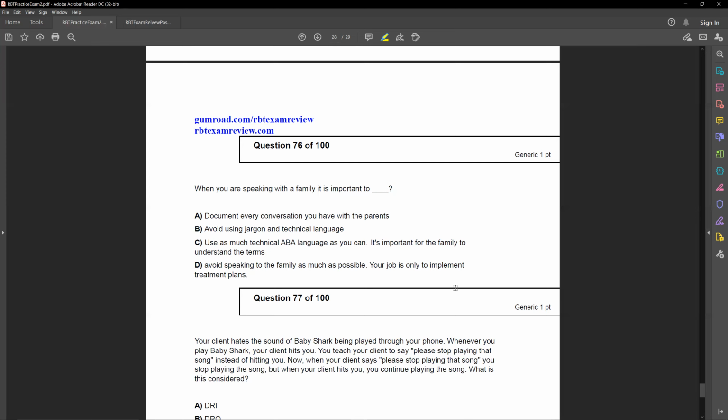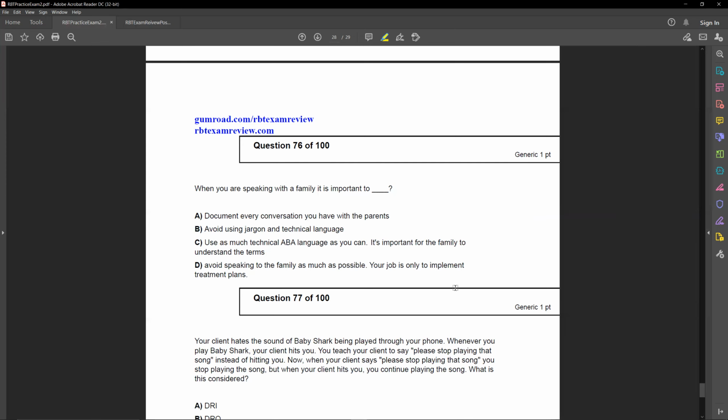Let's look at C. Use as much technical ABA language as you can. It is important for the family to understand the terms. No, right? Now, parent training is important. So we might teach them the language, okay? And as they learn it, we can incorporate it more, but using it just to sound smart, or using it